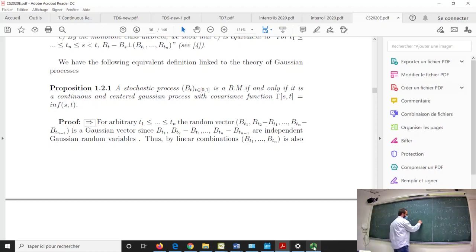This one goes to 0 when N and P go to plus infinity. The argument is written on the board. It's because this infinite sum is convergent here. So the sequence of the partial sums is Cauchy because it is convergent. It's exactly what I have written here. When P and N go to plus infinity, this term goes to 0. So I have proved that